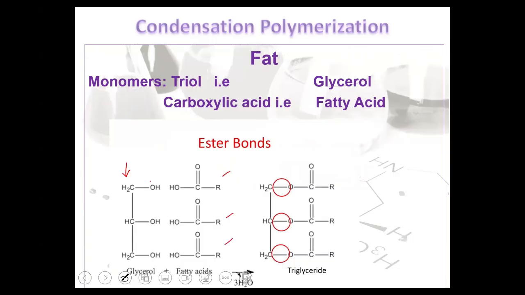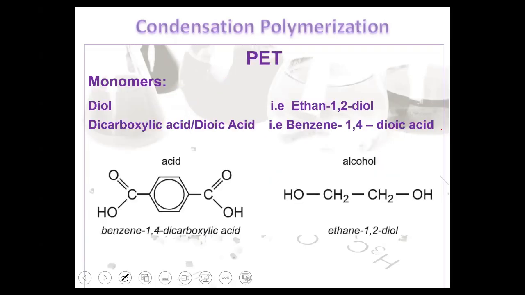They were combining at a point where the carboxylic acid, or the fatty acid, was giving its OH, and the H was coming from the alcohol. They were joining by making a condensation between the carbon of the carboxylic acid and the oxygen of the alcohol, and three ester bonds were formed. Three ester bonds is a limit for the fat molecule, but for polyester, which is not natural, which is a synthetic polymer, which we name PET,